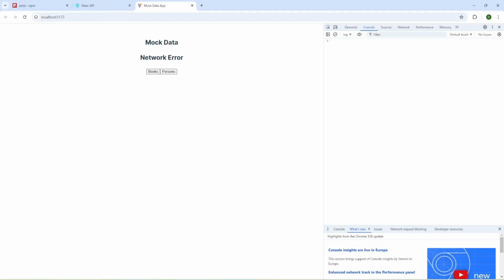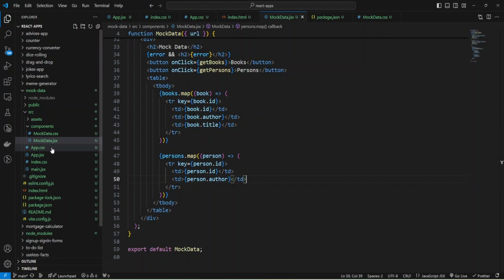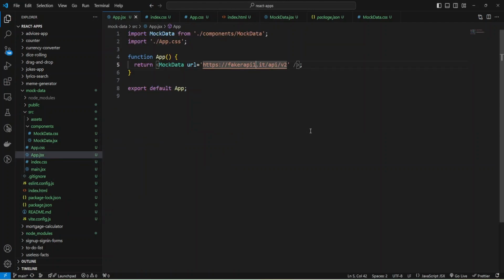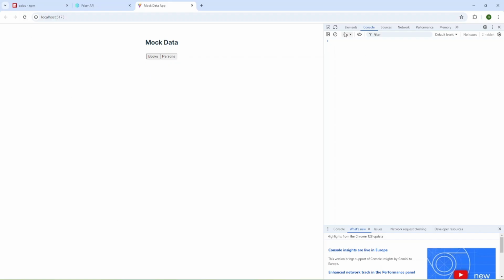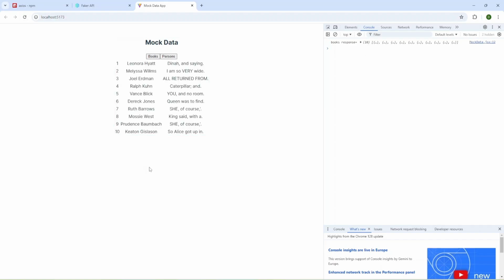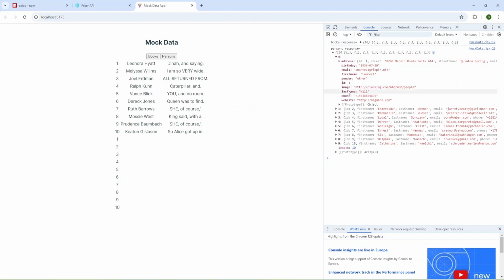I need to change to the correct URL in my mock data. Refresh the page and press books, and now I can press persons, and let's check what I have in the response. We have first name, last name, and also we can use birthday.